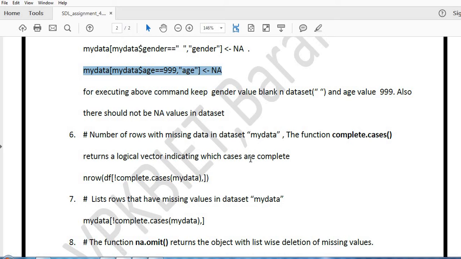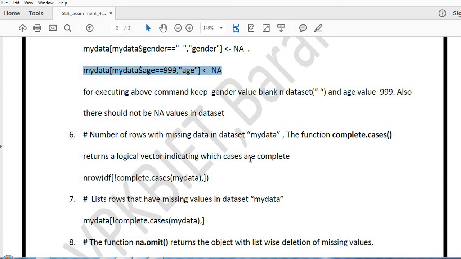So again, why is this command used? If we are doing analysis and we want to know whether we are doing analysis of a suitable number of records or not. Suppose 1000 records are there in a data set, and out of 1000, suppose 700 records are having at least one value NA, then what will happen?